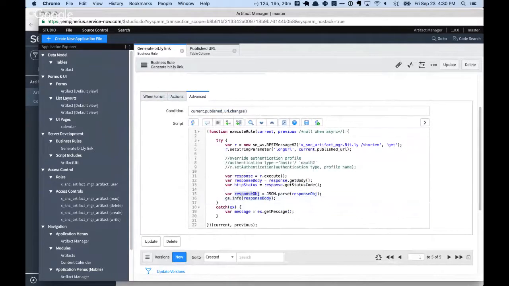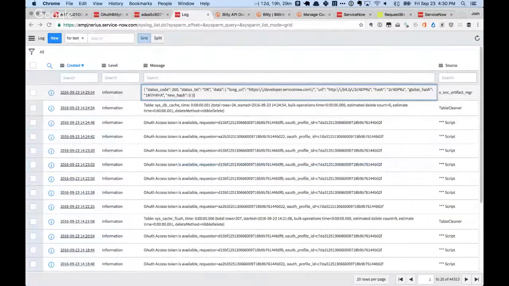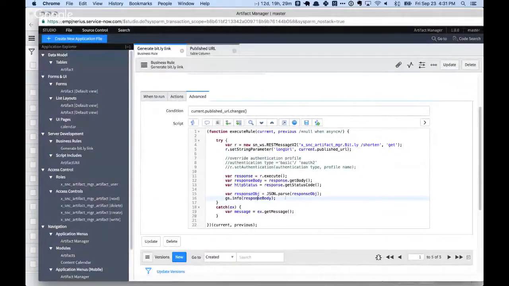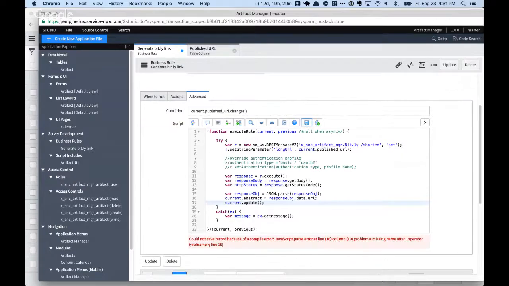So now we've got a response object. If we go back and let's just verify, we want to go for the data.url. And what we can say is current.abstract response object.data.url. We're just going to save that in there. And I've got